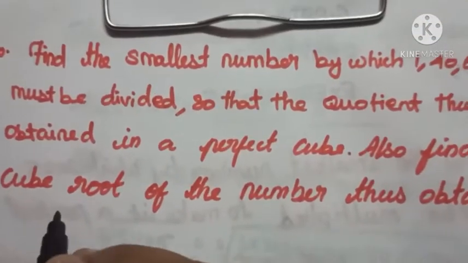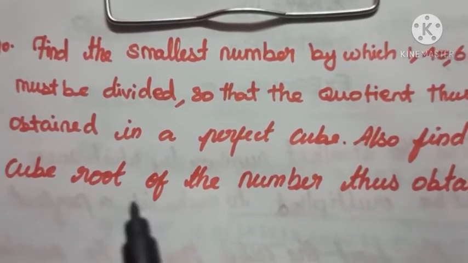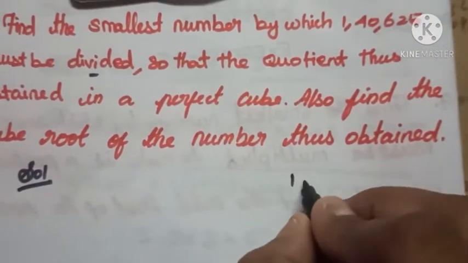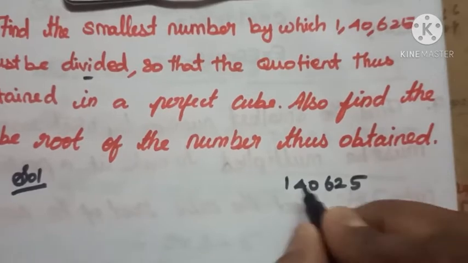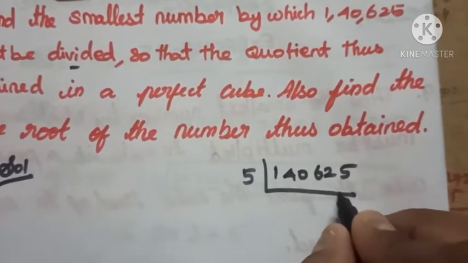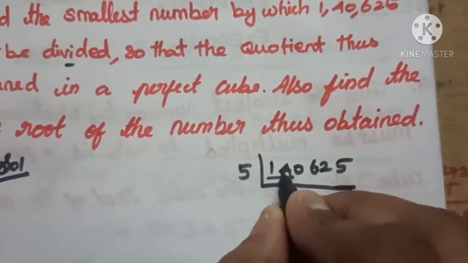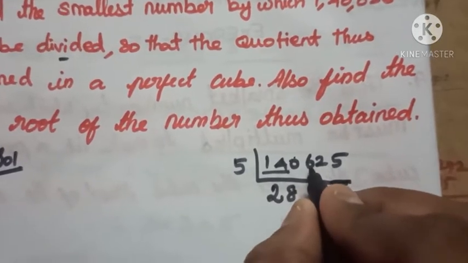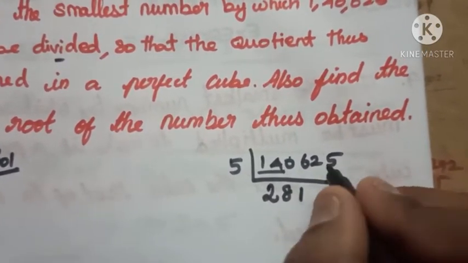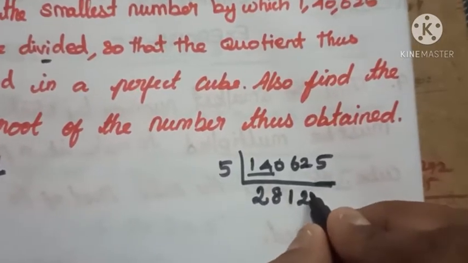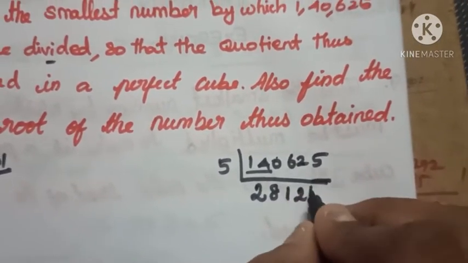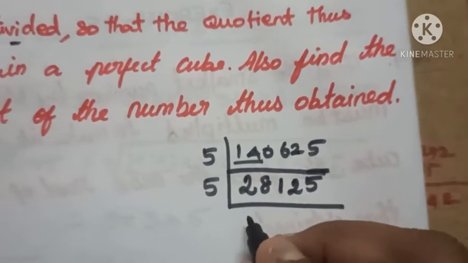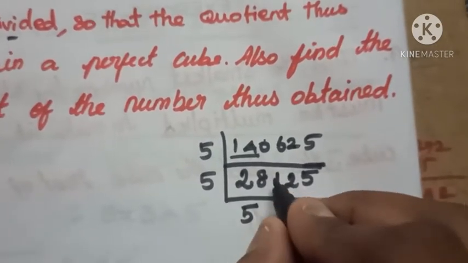Okay, so as usual the same process. Instead of multiplication, here we want to do division. So first we take 1,40,625. So we go with the 5 table. 1 is smaller, 14, 2 times 10 and remaining 4, it becomes 40. 8 times 5 is 40. 1 is smaller, 12, 2 times 10 remaining 2, 5 becomes 25. 5 5s are 25, so 28. So how many times? 5 5s are 25, remaining 3, 31.